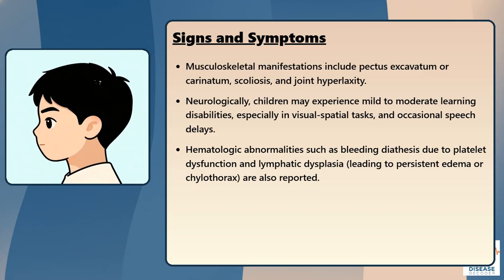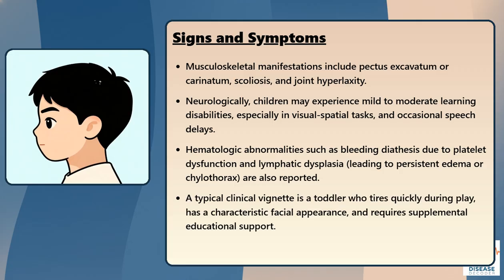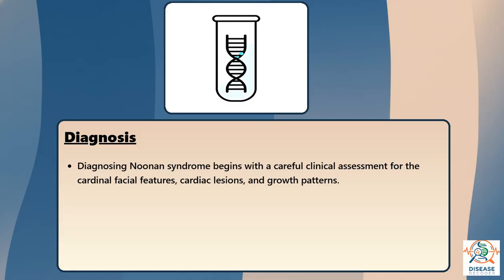Hematologic abnormalities, such as bleeding diathesis due to platelet dysfunction, and lymphatic dysplasia, leading to persistent edema or chylothorax, are also reported. A typical clinical vignette is a toddler who tires quickly during play, has a characteristic facial appearance, and requires supplemental educational support. Diagnosing Noonan syndrome begins with a careful clinical assessment for the cardinal facial features, cardiac lesions,